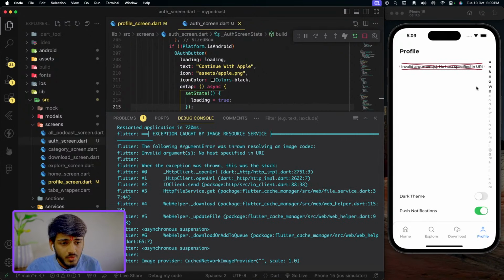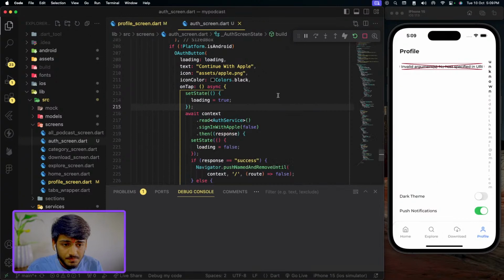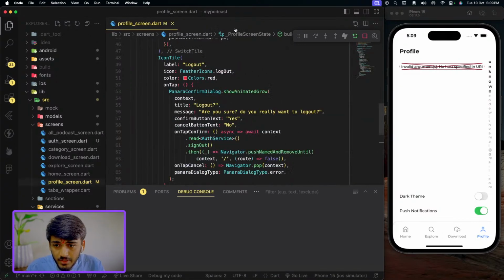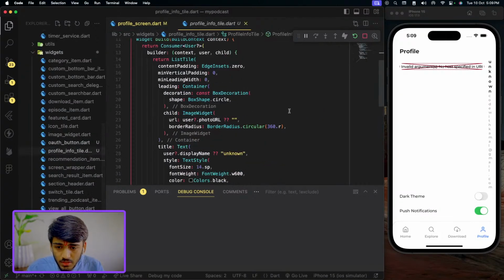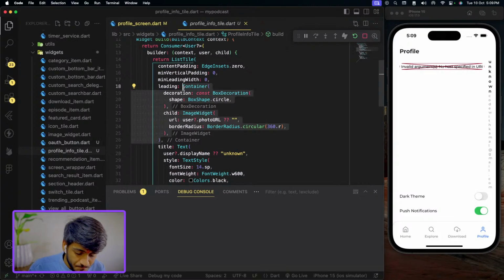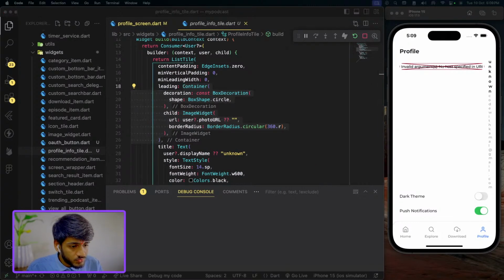Now we need to handle this. I told you, if we don't have the profile picture or the name, then this is gonna create some issues. So how do we do that? Well, let's just handle that thing right away. Go to the profile info tile, and we have this tile. We can go to